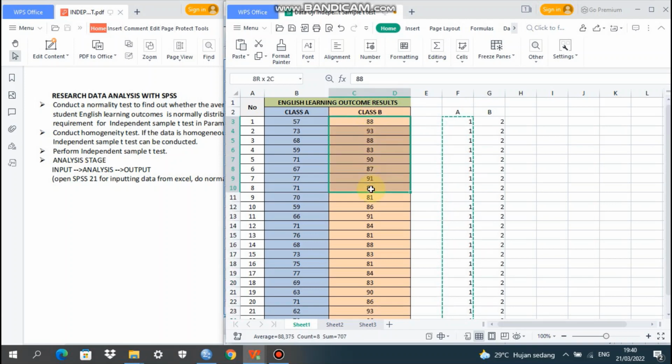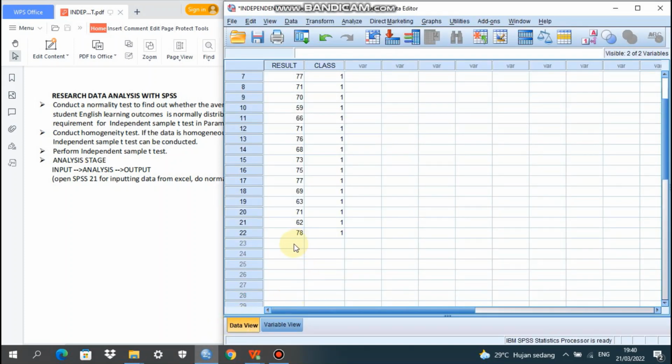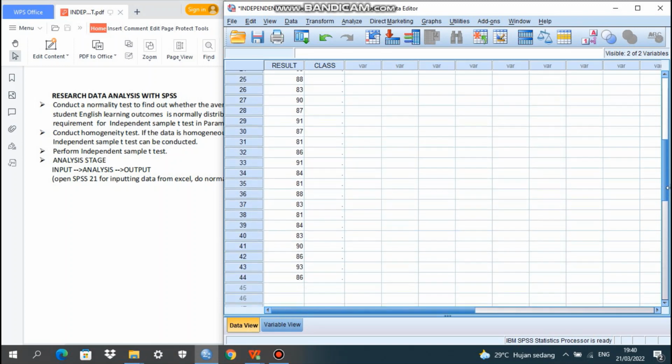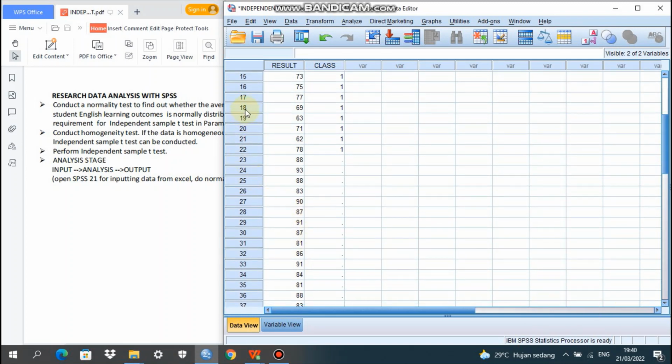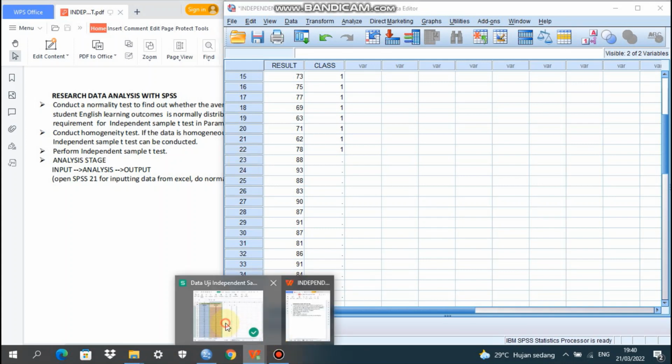The learning outcome result, 22 participants from class B. And then we go to data view and then paste. We check. Okay, 44. So 22 from number 1 until 22, and from class B 23 until 44.